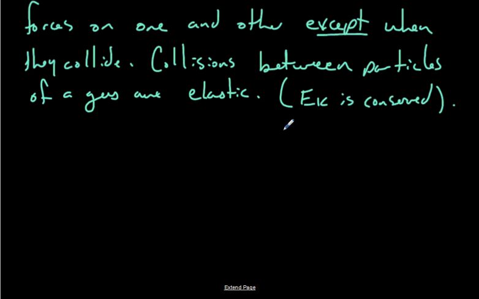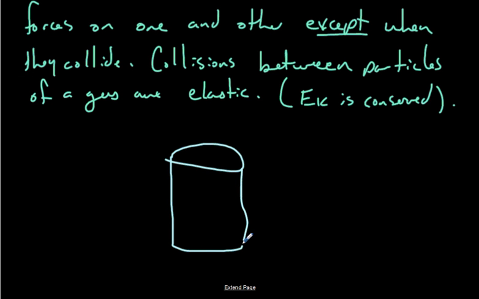Ah, good. Right. So just do a little recall here. Just remember, if we have some kind of container here, we'll make it like a can, with gas in it, and you put a thermometer inside here. The thermometer is interacting with the gas particles, and the particles in the thermometer are receiving some of the energy from these gas particles that are bouncing off of it. And eventually it comes to the same temperature as the gas. If the collisions between the particles were inelastic, then the amount of energy that comes out of a collision would not be the same as what came in,